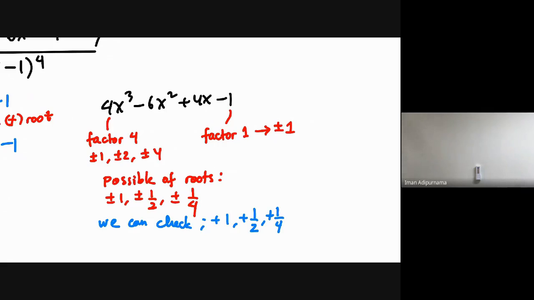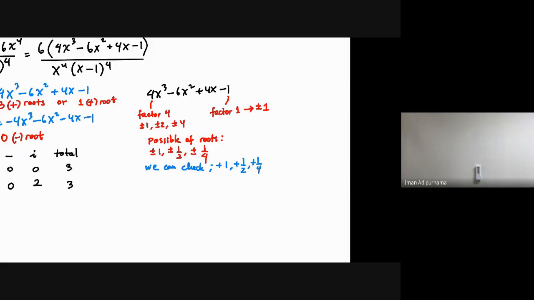Okay. How to check? If you want, you can check one by one with the function. Or if you remember to define the functions,